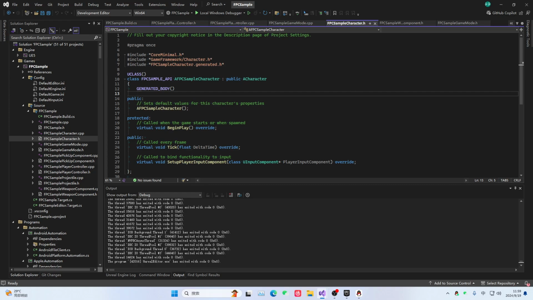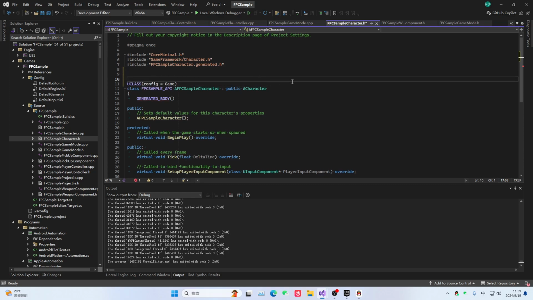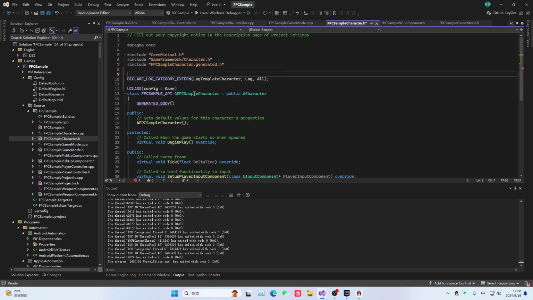Everyone, here, it actually creates a config file for games, meaning the information here can be configured. You don't need to worry about this. And here, it also defines a log. This log is a log specifically for writing character logs. So let's change it to,